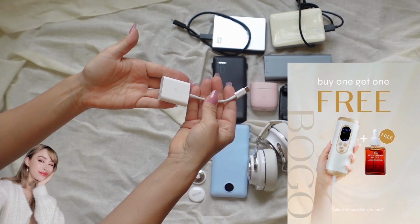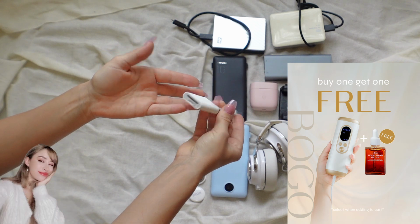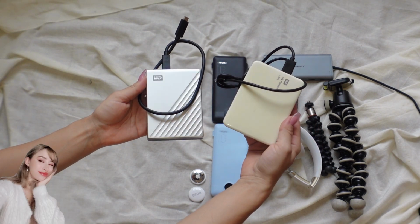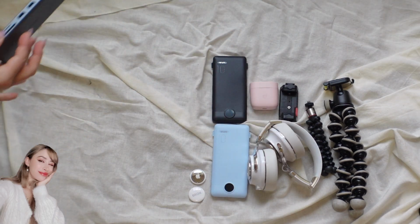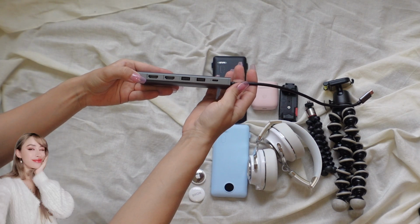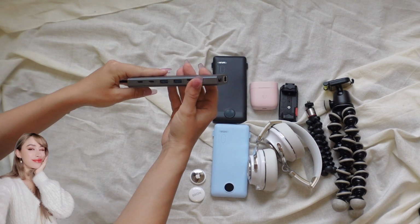card reader so I can upload my photos to my phone on the go without having to plug into my laptop. And of course, I'm bringing my most important hard drives that have everything to do with my business and content creation on them, because those are super important to me. And then I recently got this adapter bank for my laptop, and this is such a must if you are always needing to plug in so many different devices. Absolutely recommend. And it also has an SD card reader on it and is USB-C, so you can use it